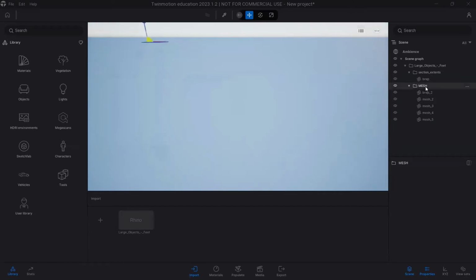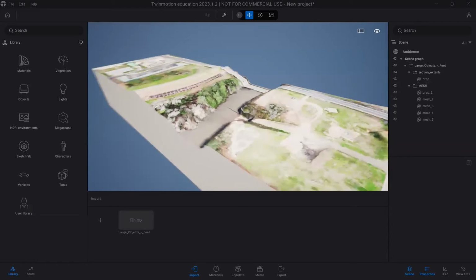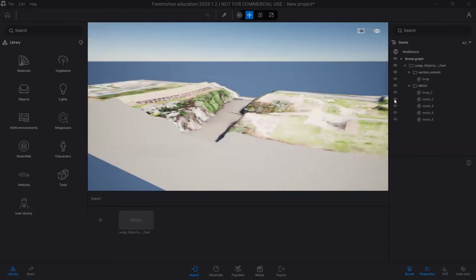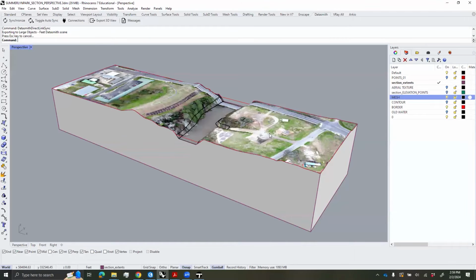Let's click on this mesh and then hit F. So now you can begin to just mess around with seeing this in Twinmotion, okay? Once you have zoomed into the model here, one thing to note is that the sync should now be active. So what that means is this, if I go back into Rhino, and let's say we want to create